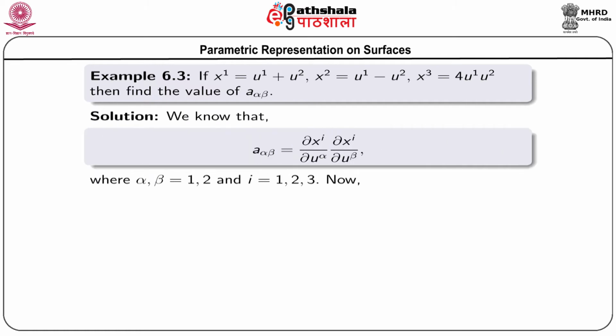From the formula a_αβ = ∂x^i/∂u^α ∂x^i/∂u^β, where α, β are running from 1 to 2 and i is running from 1 to 3, we have